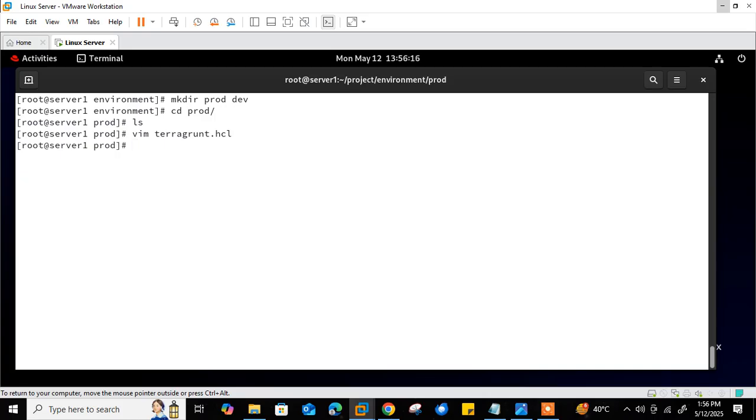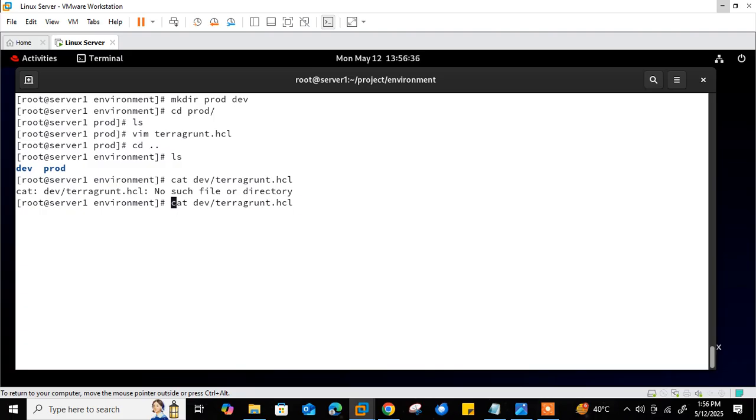Save and quit. In the same manner, I will go back to my environment, and here you can see where I am. This is dev, and that was prod terragrunt.hcl. So I need to make the same in development also, right? Currently nothing is there.